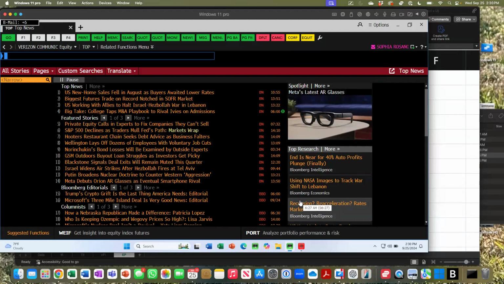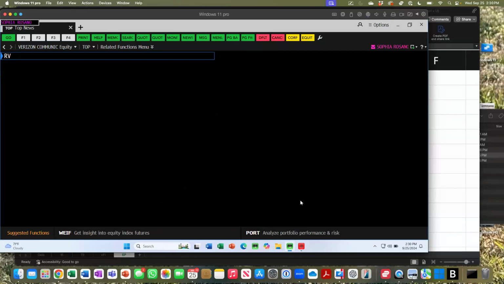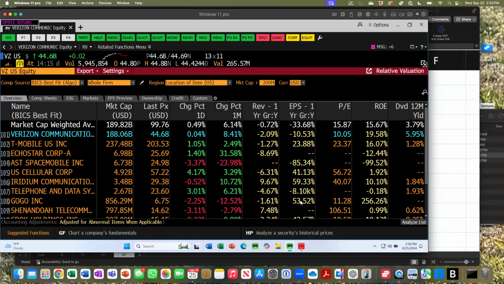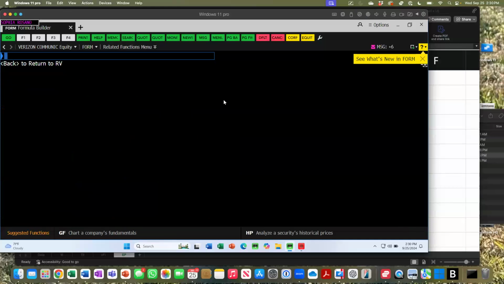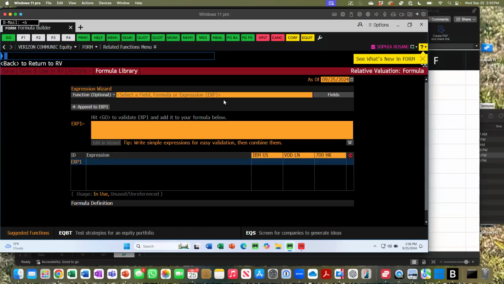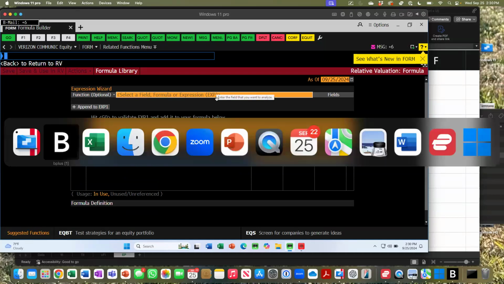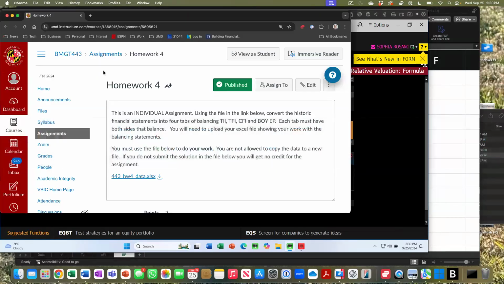All right. So I'm going to go to RV. And let's say I'm on Verizon. So you go to custom, click on the gear icon right here, and you click add formula. And this will bring up the custom formula builder. Okay. Now, you'll start here where it says function. And if you go to the homework assignment, homework 5,